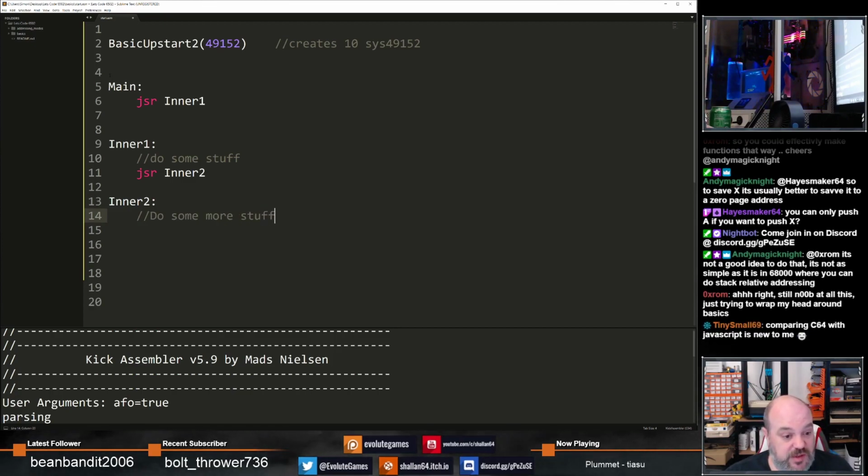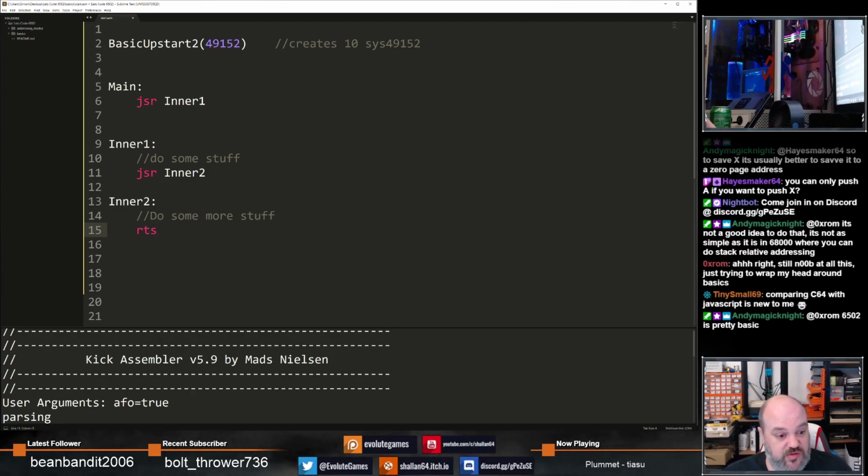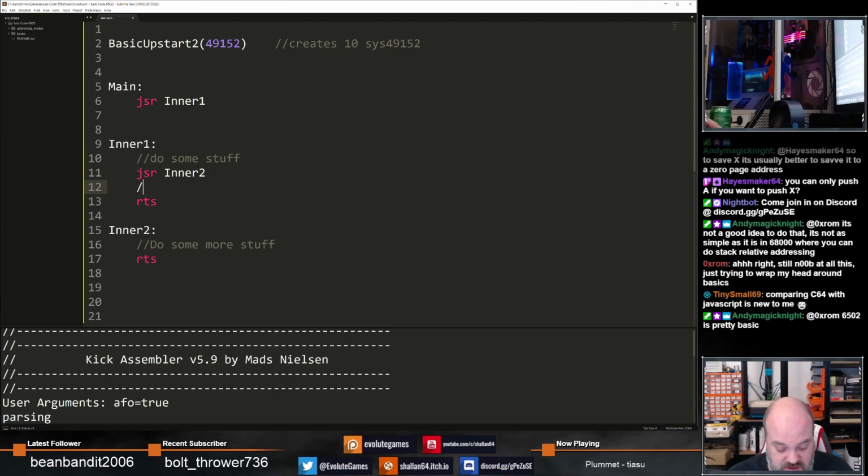Now the normal way you would get out of this is you return from this subroutine, which would take you back to this one, and return from this subroutine here. But sometimes you might not want to return to this subroutine. So say there's some extra stuff here, and you make a decision in this one that actually you don't want to go back and do this stuff. What you can do is